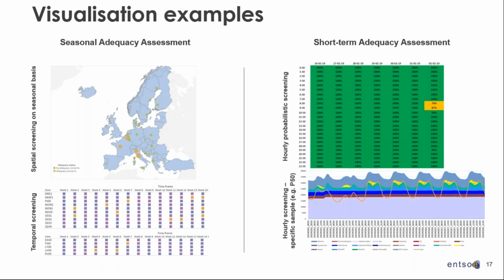And the graph on the bottom on the right is an example of an hourly schedule at week ahead. It's very small, but you can see the different probabilistic views of the demand, the solar photovoltaic, the wind, and the different generations.